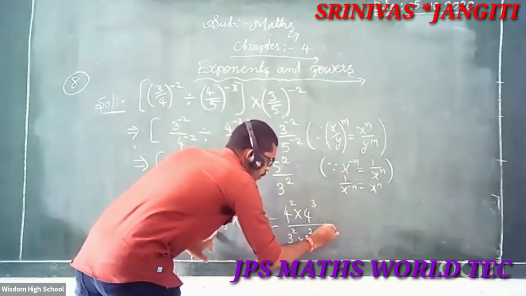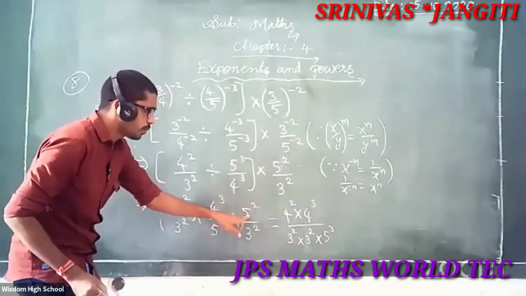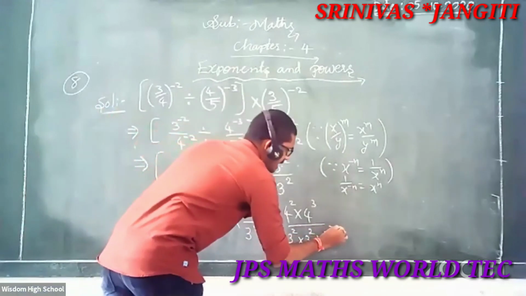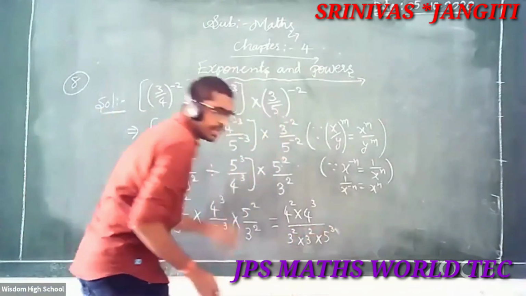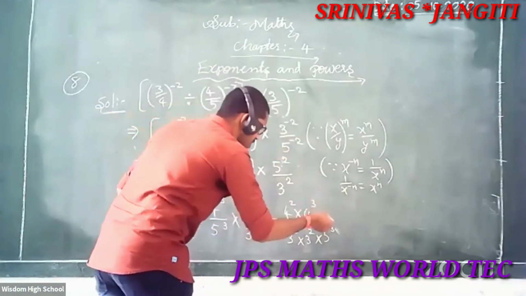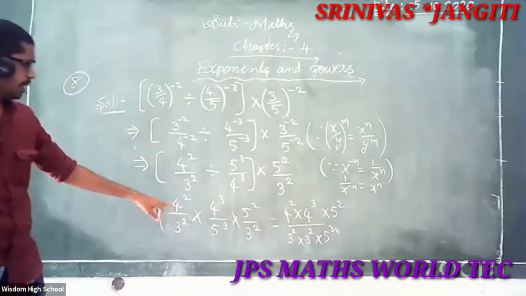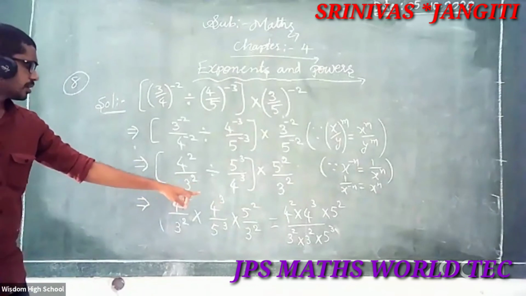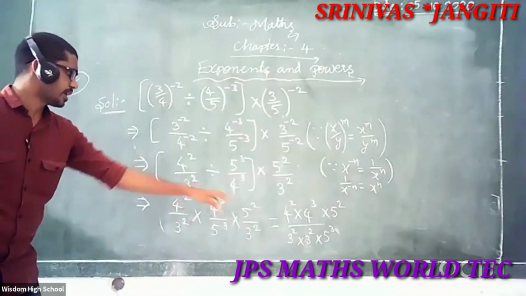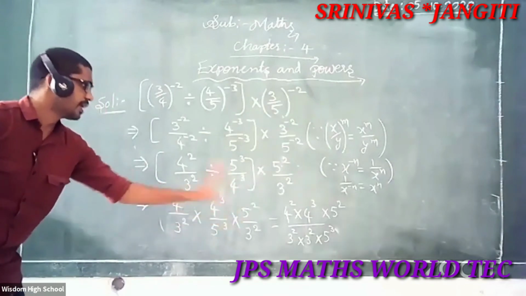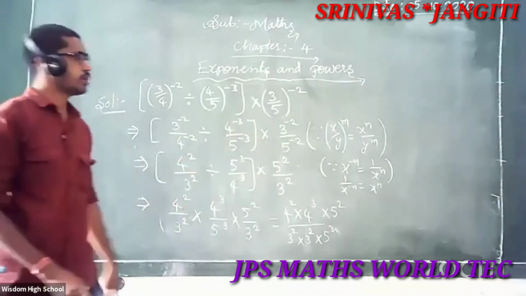5 cube. Here, what is this? Upside 2, take down, what happened? Minus, you will know that is simple. Or otherwise, what is here? Next step is right, not a problem, that is 5 square. Upside 4 square, 4 cube, 5 square. Down, what is here? 3 square, here also 3 square, 5 cube. Then after, simplify, how that is, you will know.